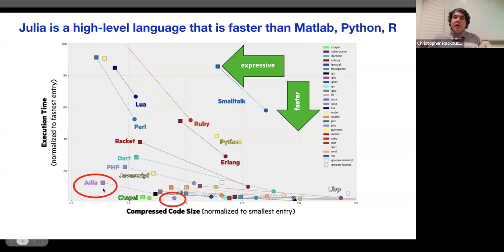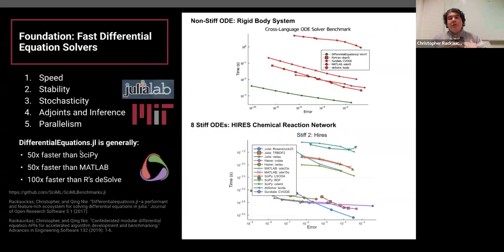So Julia is this programming language that has gotten its popularity because it has this property that it can be high level, like Python, but also run as fast as C, right? Now, that's the programming language and this community, and there's lots of other things to say around multiple dispatch. What I do in particular is build a lot of the numerical tooling there, such as differential equation solvers. Differential equation solvers handle things like ordinary differential equations and differential algebraic equations,